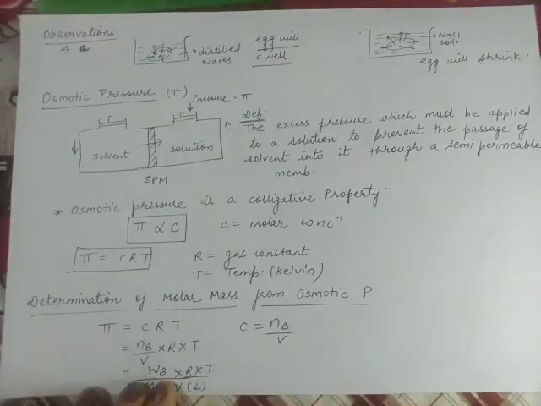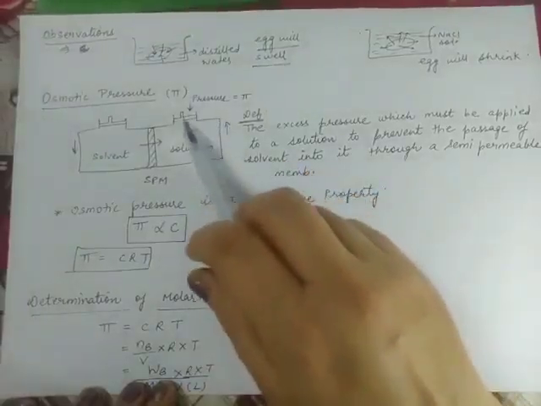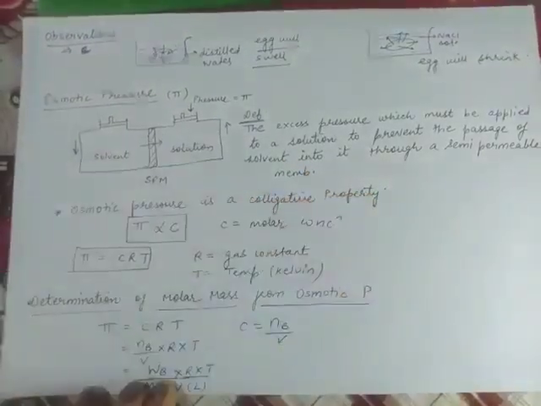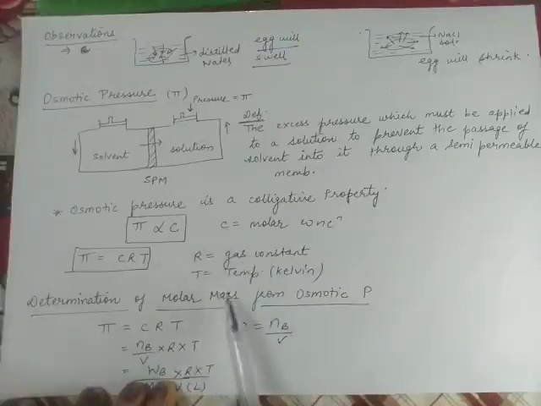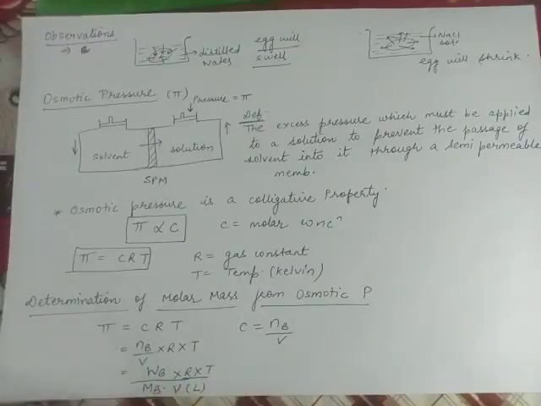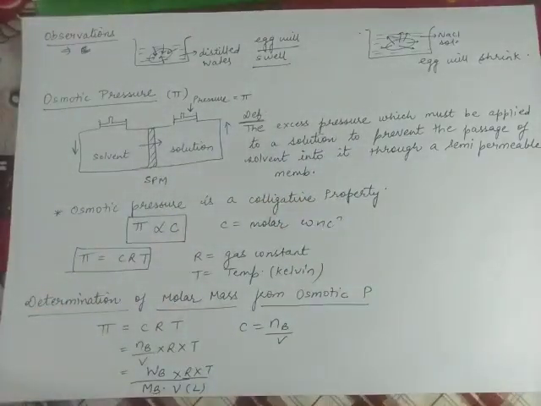In the last two colligative properties we used molality, but here we are using molarity, number of moles per volume. Is this clear? So the greater the molar concentration of the solution, the more pressure, that is more osmotic pressure, we have to apply here so as to stop osmosis. Now if we remove the proportionality sign, we get constants, that is R and T. R is the universal gas constant, and T is the absolute temperature, that is temperature in Kelvin. Is this clear? So this is my last colligative property, osmotic pressure. Now next, the determination of molar mass from osmotic pressure.